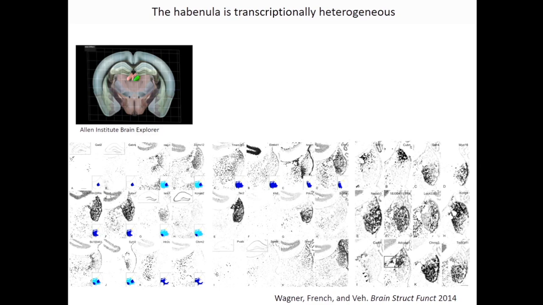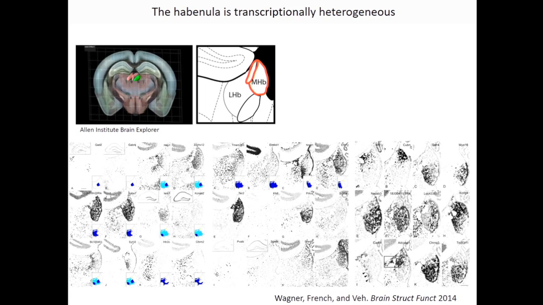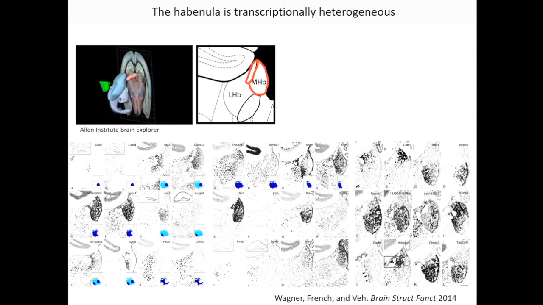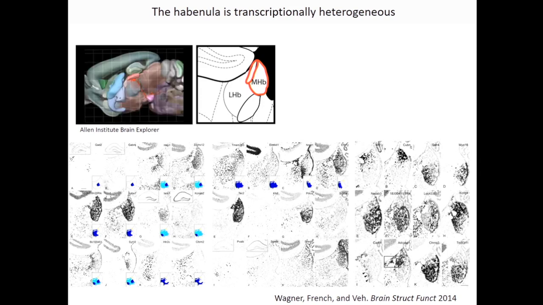And just to give you a little bit of an orientation to the inputs and outputs of the habenula, it's an epithalamic structure that is elongated in the anterior-posterior axis and receives a lot of its input from the limbic system, primarily from the medial septum. What's interesting about the medial habenula as opposed to the lateral habenula is it sends its output almost exclusively through the fasciculus retroflexus to the midbrain, to the interpeduncular nucleus, and there it can recruit different dopaminergic and serotonergic nuclei in the median raphe, dorsal raphe, and the VTA.